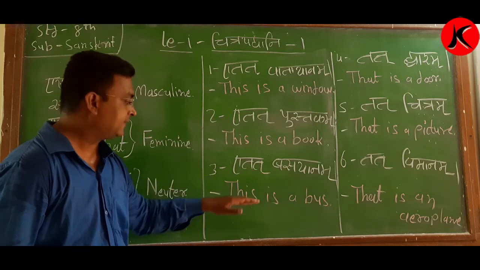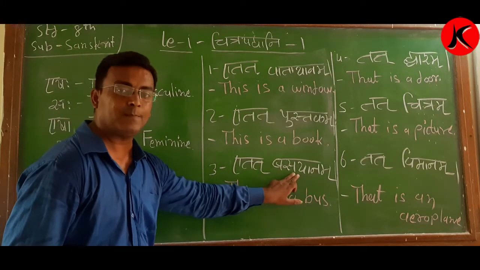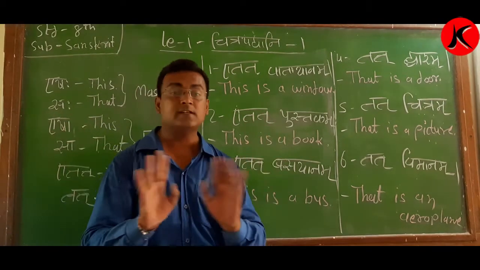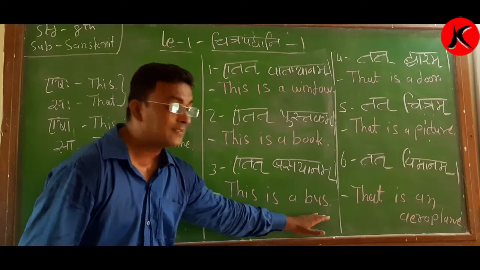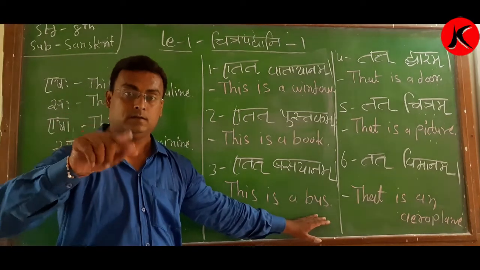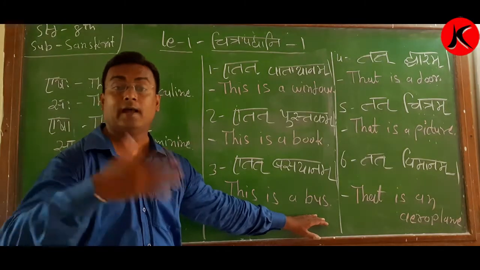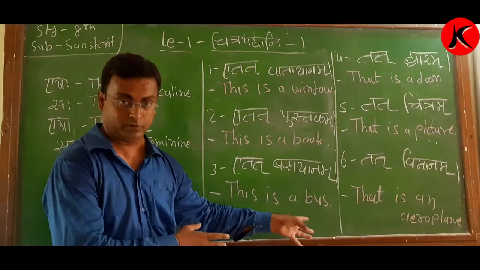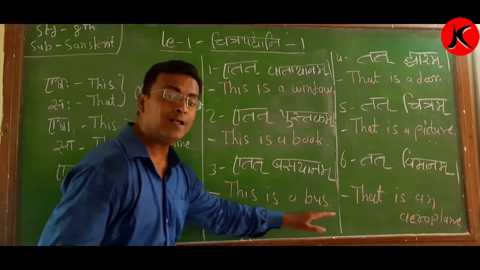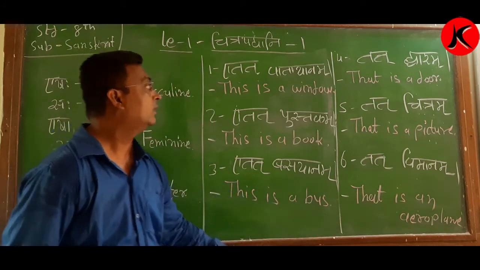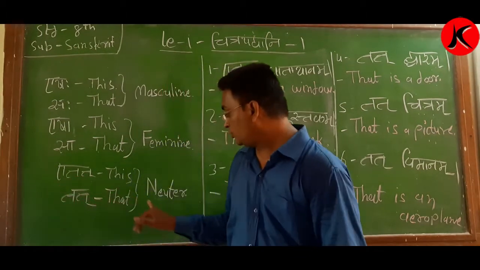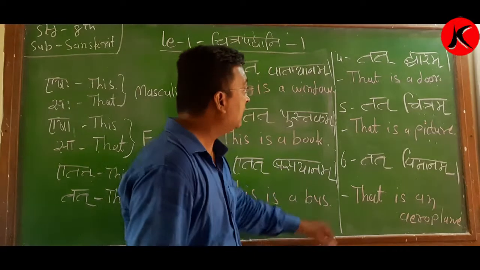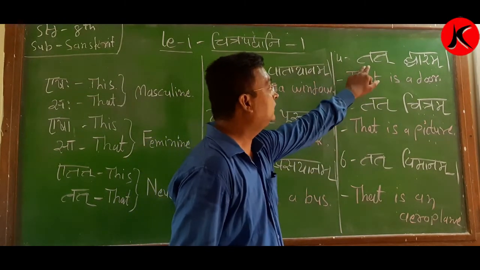Third one, etata basyanam. Etata means this and basyanam, that means bus. It is not only bus, tiger. It is not called that bus. This bus is bus, vehicle. Okay. We are going somewhere with this bus to travel somewhere. Okay. So this is a bus. Now in neuter form, tata means that. Here the fourth one is tata.